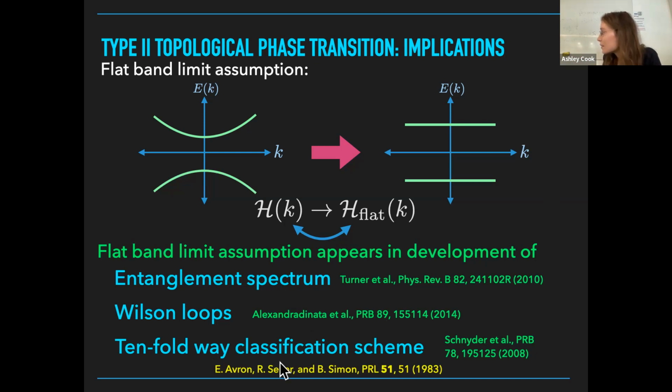And another, I think I mentioned it briefly at the end of the last talk, one of the earliest examples that I'm aware of where they used the flat band limit assumption was this paper by Avron, Seiler, and Simon in 1983. So basically they talk about the idea that you have some number of bands occupied, and you can think about computing Chern numbers for each of those bands, and summing them to get a total Chern number that characterizes the topology of the ground state. And they